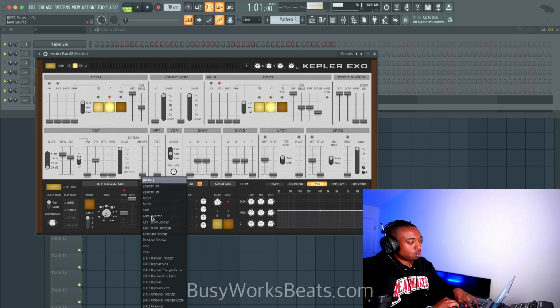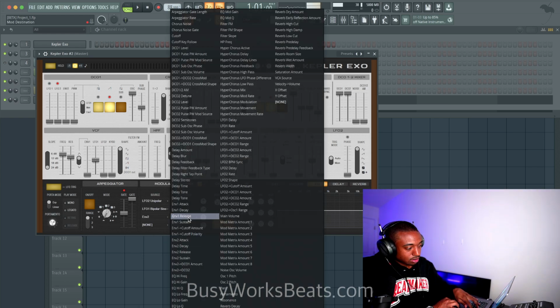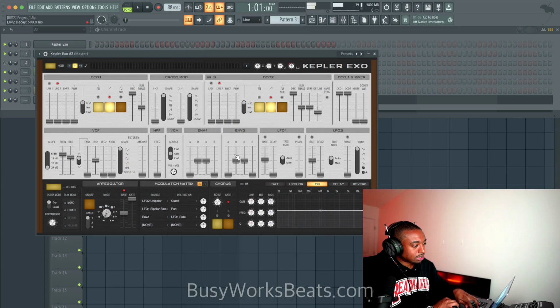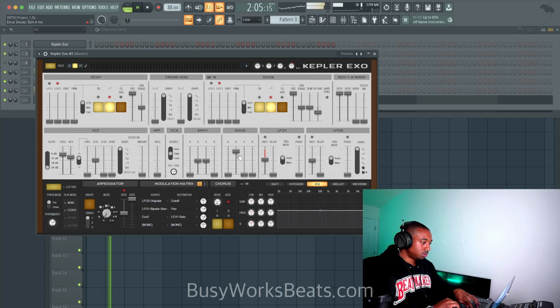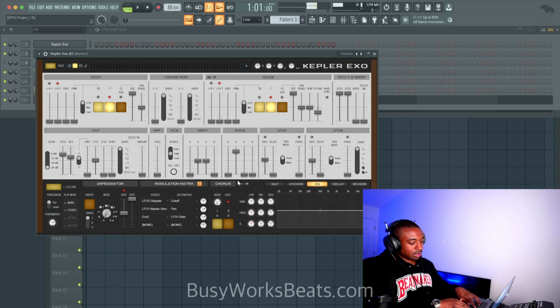And then I want the rate of the LFO to be controlled by LFO envelope 2. So it will either go up or down based on that. Okay, LFO 1 rate. So we could have it start high, go low. Let's see what it sounds like. Kind of like the sound, but it repeats. It's just a unique sound.